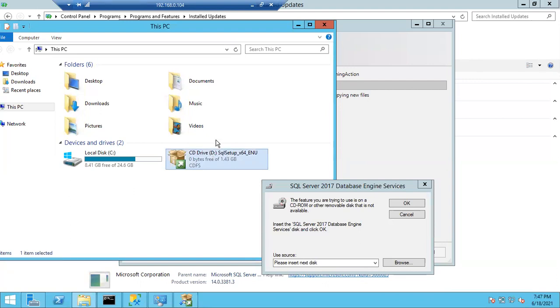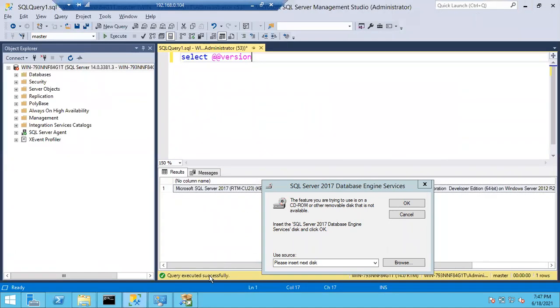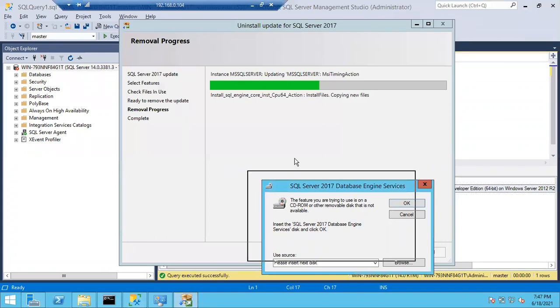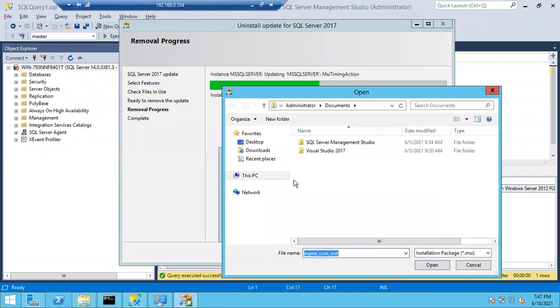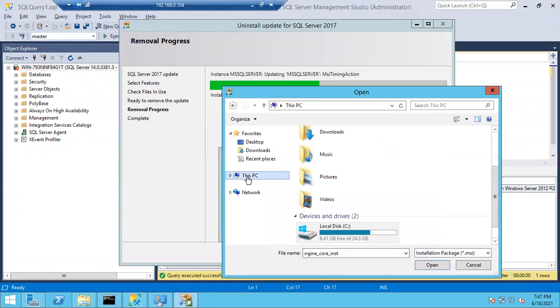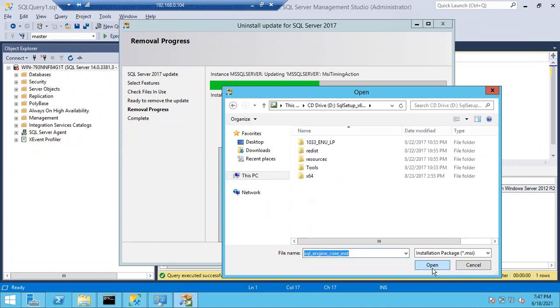So now the software is there in the D drive, right? Just give the D drive location here. That's it. Automatically it will check whatever files are missing and take them from the SQL Server ISO image. Browse, and you have to give SQL 2017, this PC. Go to the D drive, select this and open. So here, if you see, it is searching for this file, SQL Engine Core Inst. This is an MSI file.